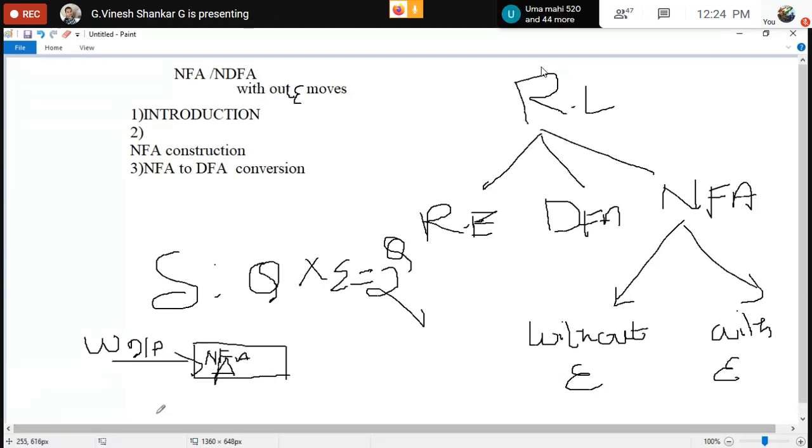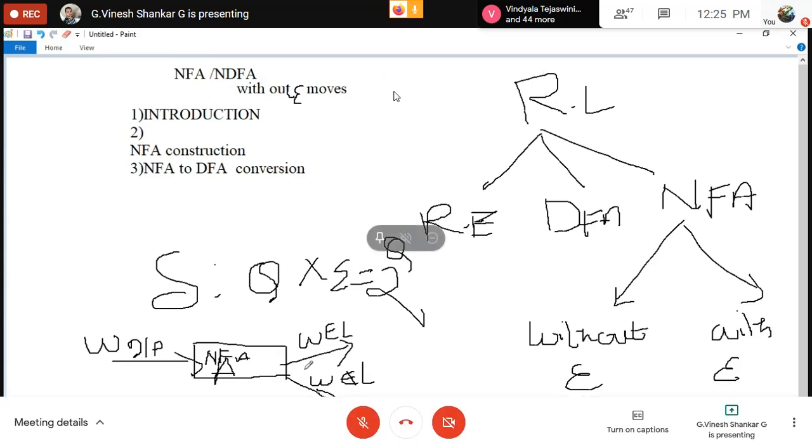NFA acceptor. Here again we get to the same thing: W belongs to L, and W does not belong to L. If it belongs to L, it's a valid string, and otherwise it's an invalid string. So what is the meaning of a string W belonging to L? It means at least one path